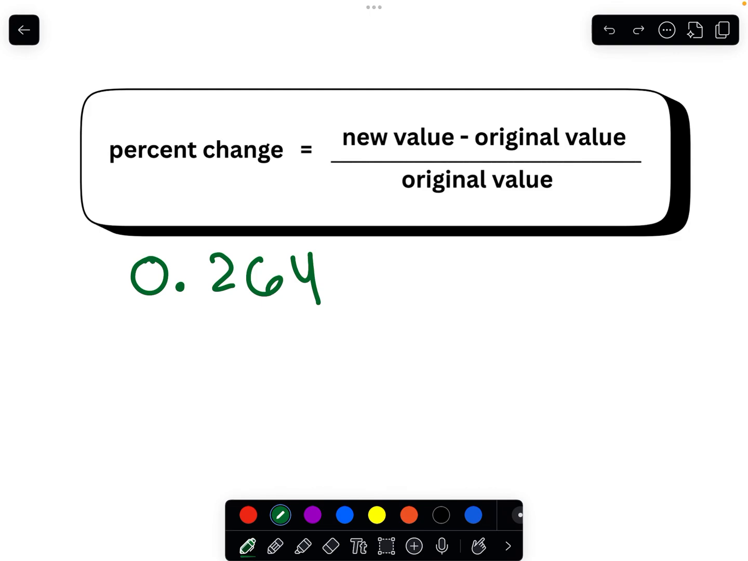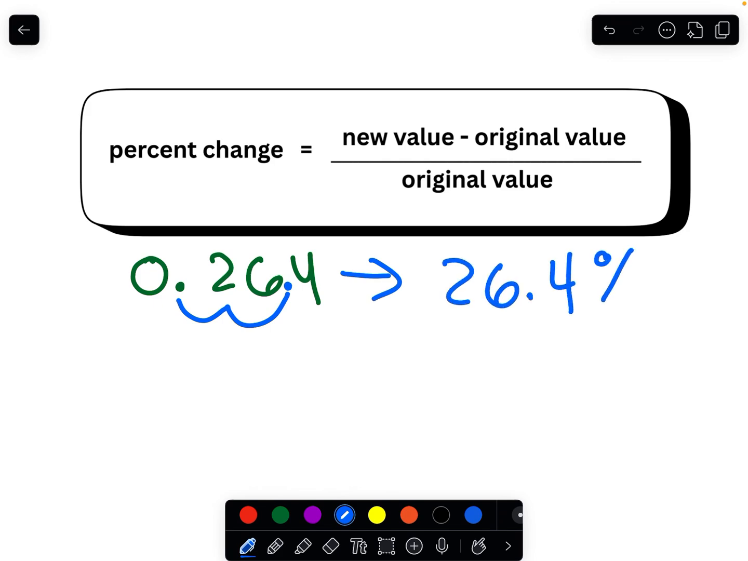Now remember, a percent, per 100, is out of 100. So really, those first two decimals are out of 100, so this would be 26 out of 100. And what we want to do is move this decimal point 2 spaces over, and that'll give us the percent. So this one would be 26.4%